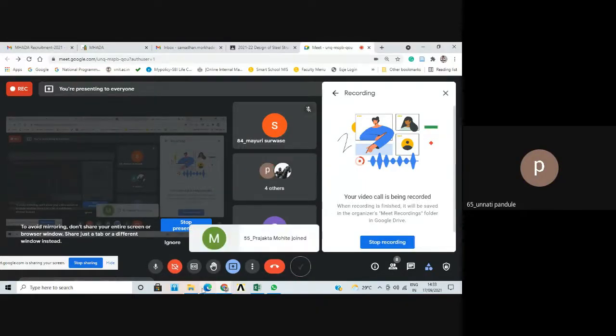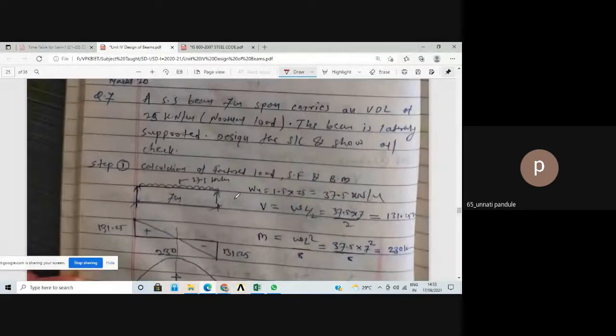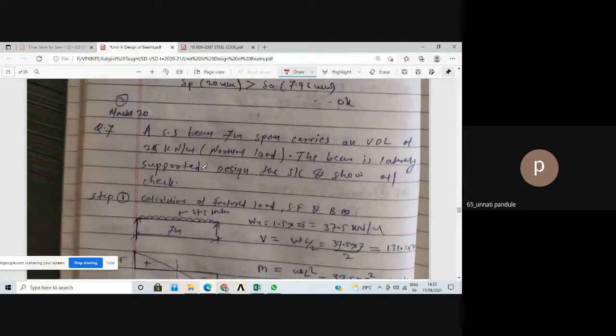Yes. Now we are going to solve another example. In the first example, we discussed a simply supported beam subjected to UDL as well as a point load at the center, and we designed that beam and checked it for shear force, deflection, and bending moments. Now, if anyone still has some doubts, try to concentrate on this example so that whatever doubts are in your minds will be cleared.